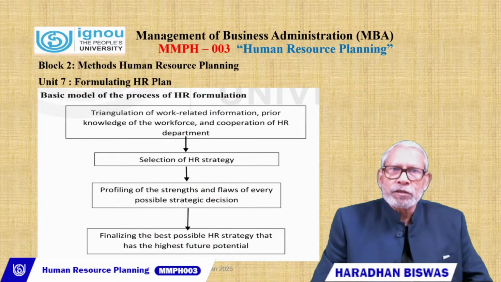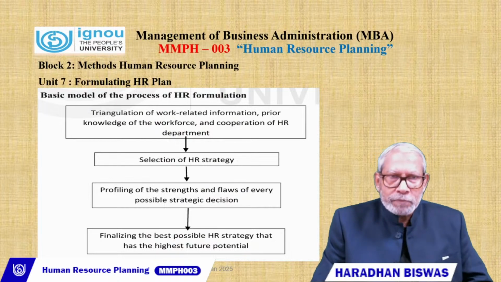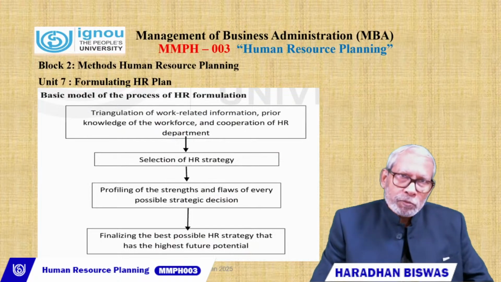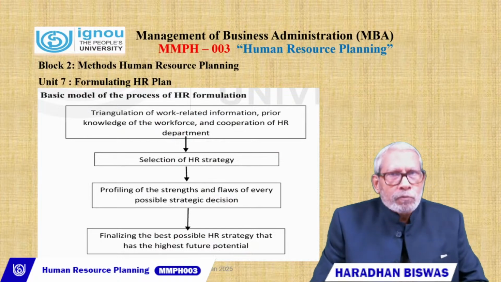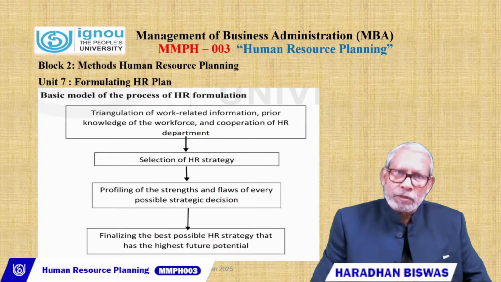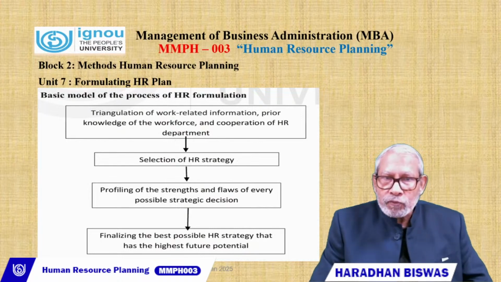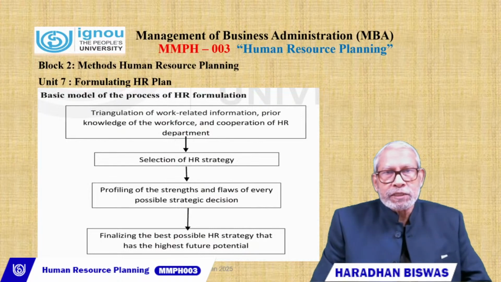Then selection of the HR strategy. You have to select some strategy. Maybe there are 2-3 strategies, or rather, alternatives you have. Now you have to take the best-fit alternative for the HR strategy. Then after that, profiling of the strengths and flaws of every possible strategic decision. Because you see,